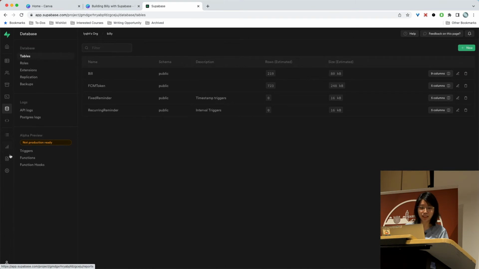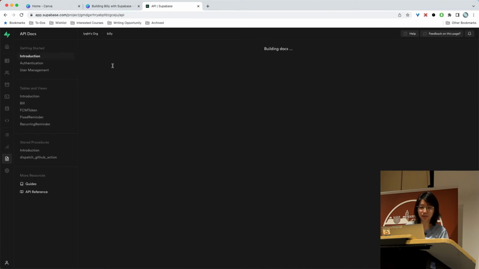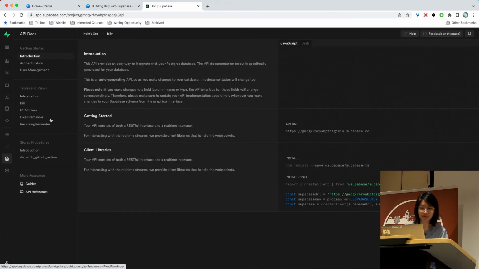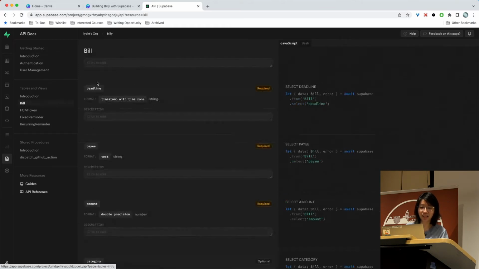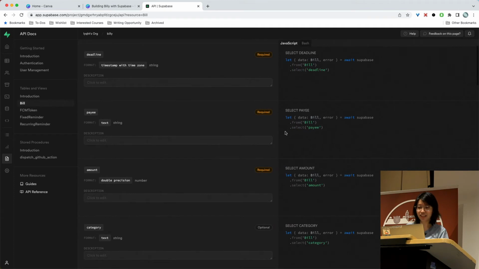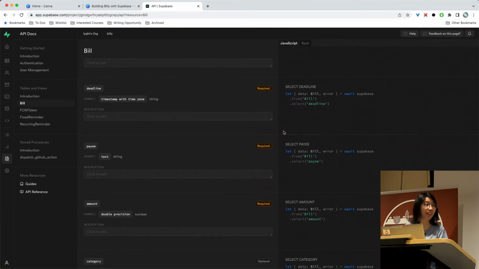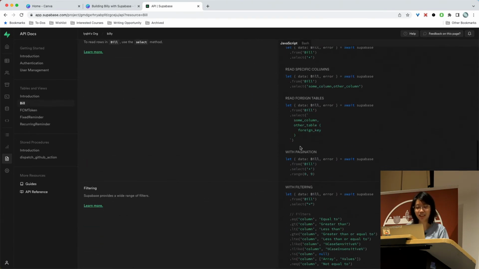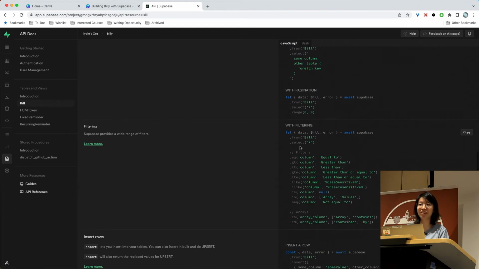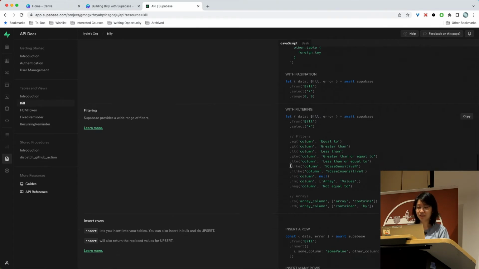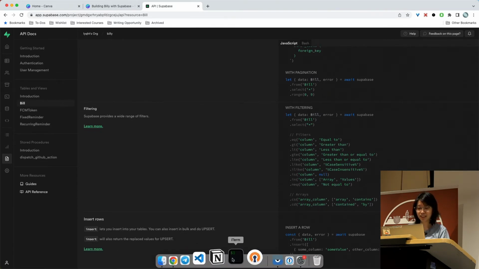Yeah. So one especially cool thing I thought about Supabase is this API documentation. Say after you created a table, they'll just generate this very nice JavaScript that you can use immediately. So that's what I've been doing most of the time. So working with Supabase takes up only 5 or 10% of my project's time. Yeah. So for example, to set up Supabase,